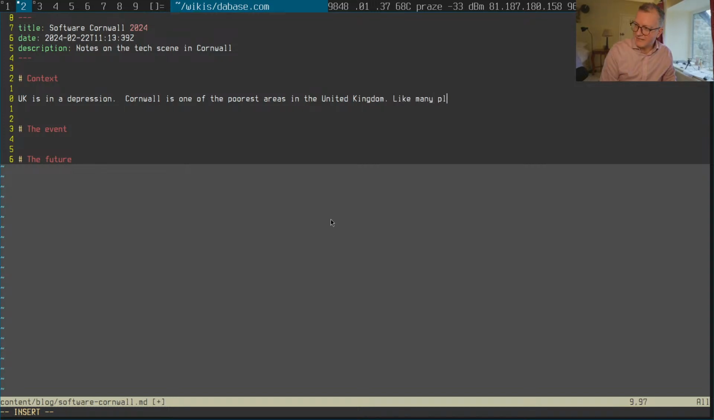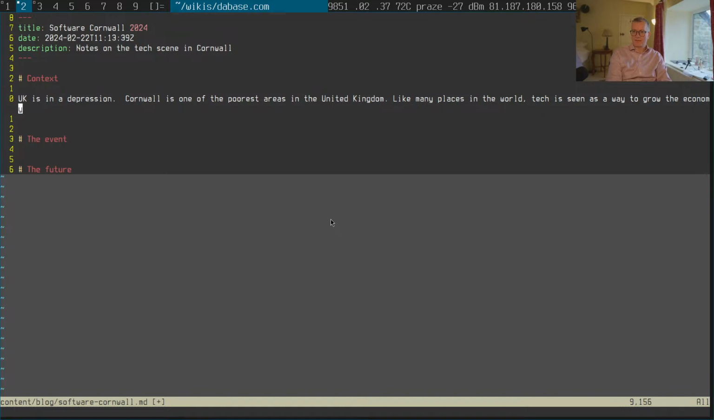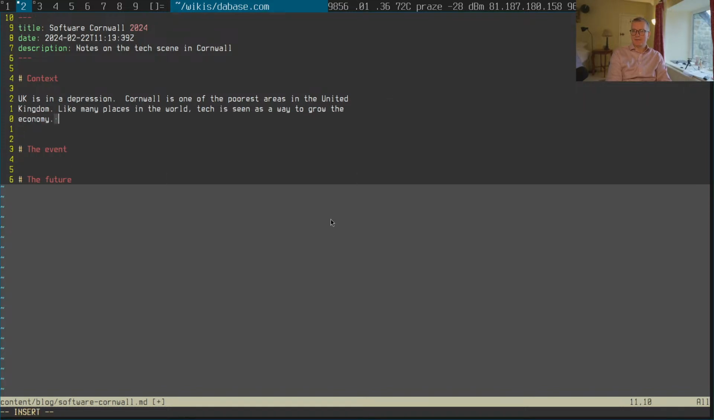Like many places in the world, tech is seen as a way to grow the economy. Since I live in Cornwall, I'm interested to see the tech scene grow, though